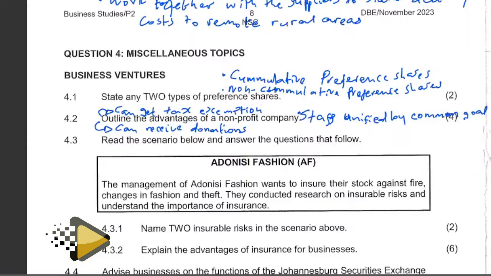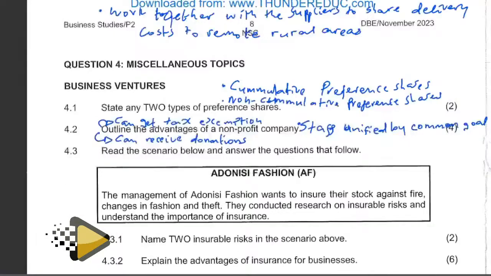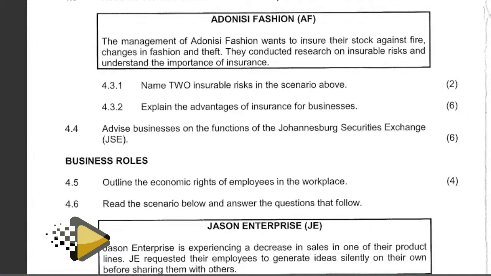Okay, right. So now let's move on to the next question, which is 4.3. It reads as follows. Read the scenario below and answer the questions that follow. So now we have Adonis Fashion. The management of Adonis Fashion wants to insure their stock against fire, changes in fashion and theft. So they conducted research on insurable risks and understand the importance of insurance. Now the question, 4.3.1, says: name two insurable risks in the scenario